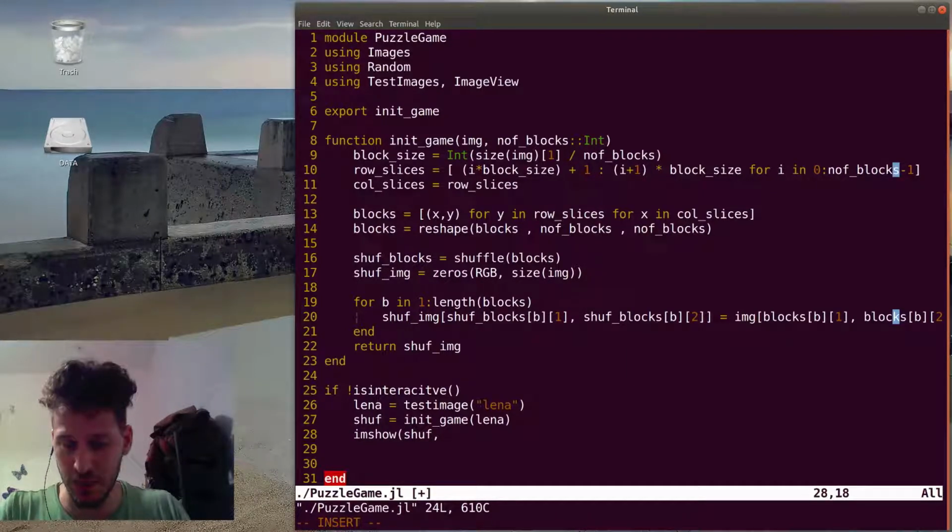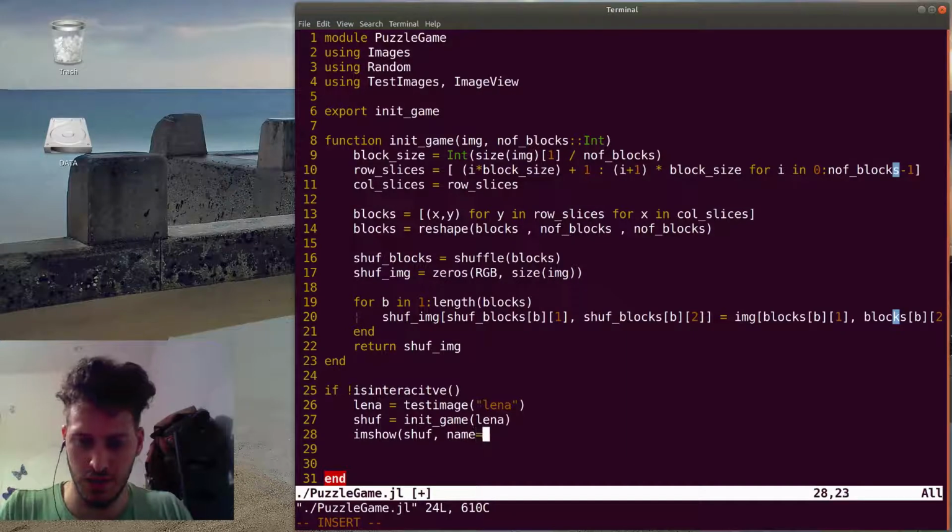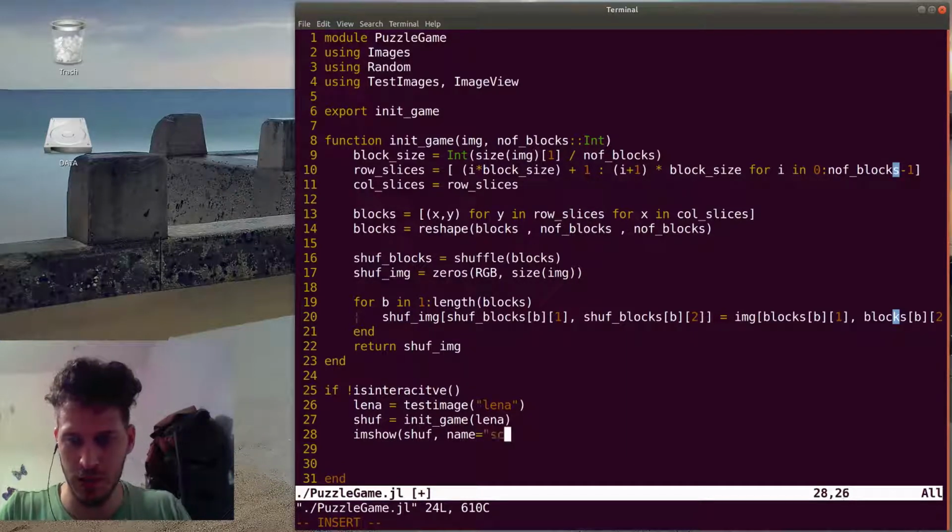We'll give it a name. Let's say the name of the window will be script mode Lena,